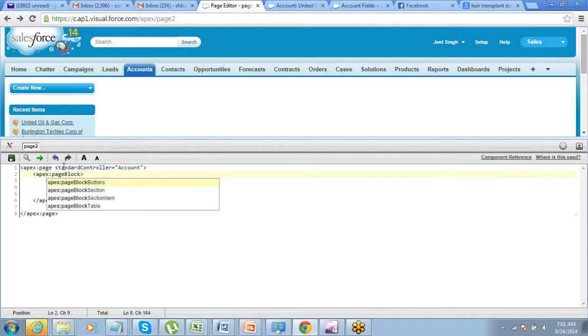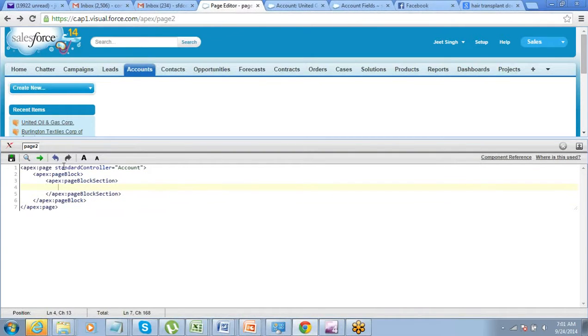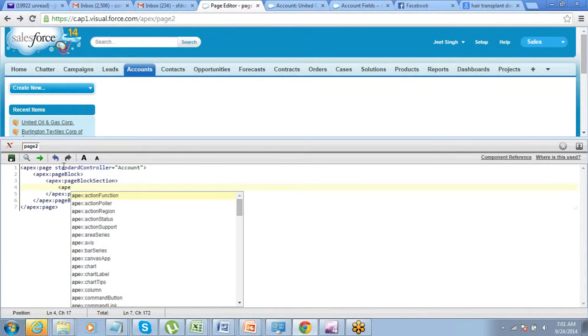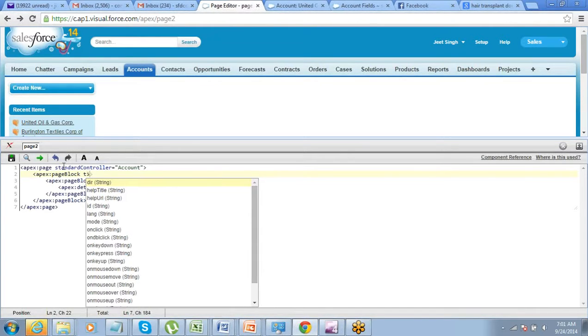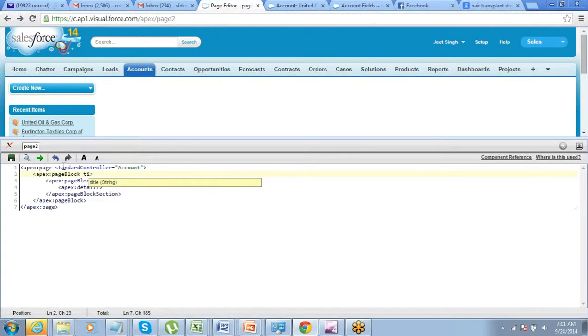So apex page is there, page block section is there, and inside the page block section I would display details of the record. So I'll just use the detail component, that's it. And here, I will say show the name of the account.